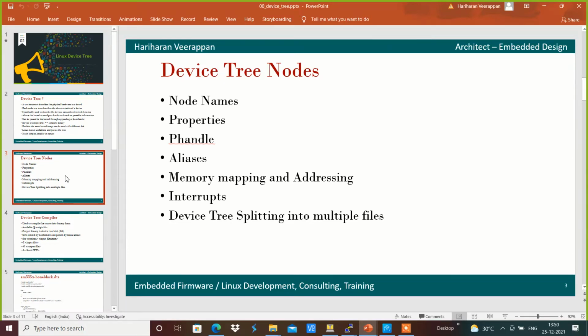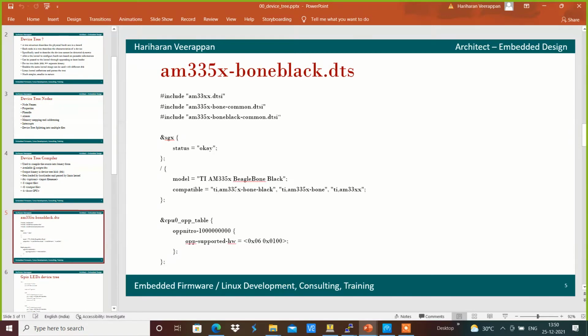We will see how the device tree of the BeagleBone Black has been defined in our system. I'm going to use this bone black DTS file.